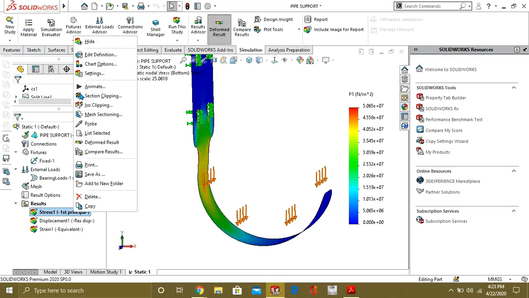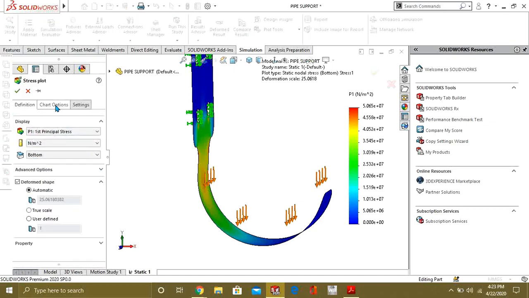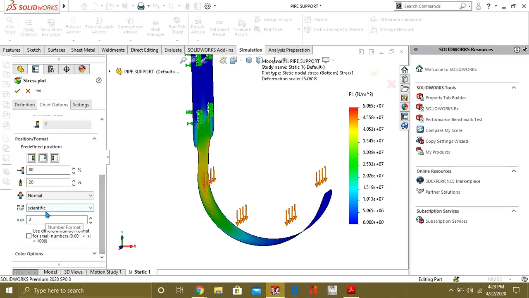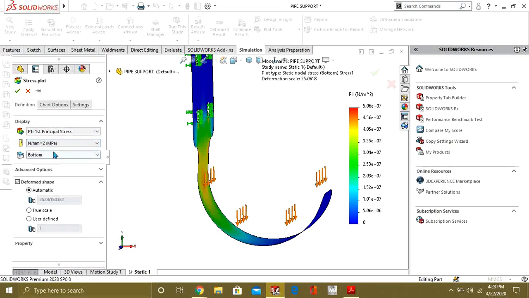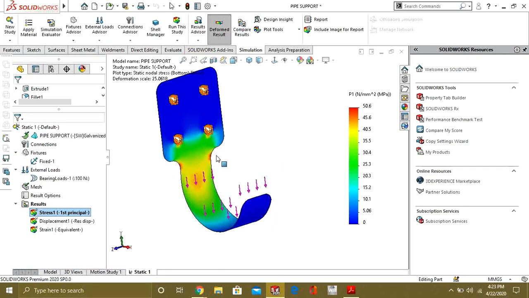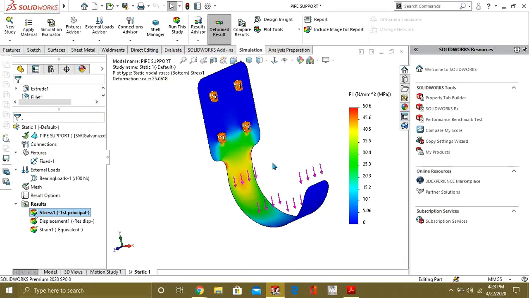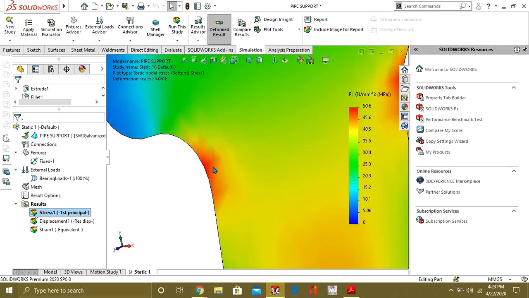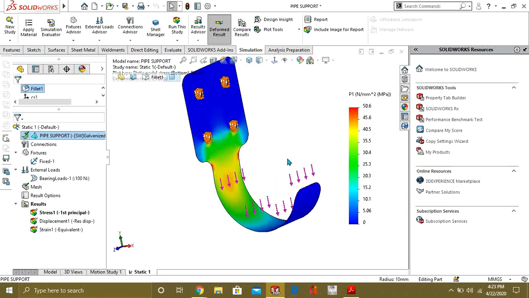Now we will select it. We will change the unit so we can see it easily. We will see it is in megapascal. So you can see that our maximum principal stress at the bottom of the shell is 50.6 megapascal. So our maximum stress where these reds are showing is 50.6 megapascal.